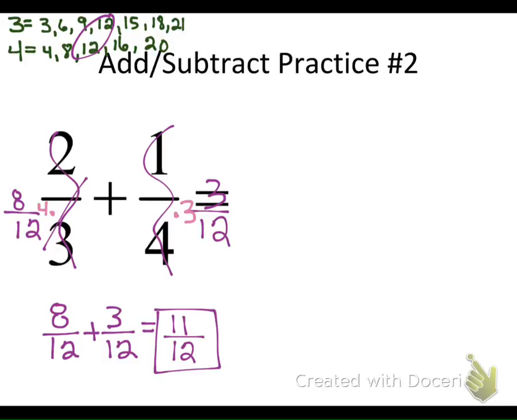What kind of number is 11? It's an odd number. What's it? Prime number? Yeah, it's a prime number. 11 can't be divided by anything besides 1 and 11 itself. So if you see a prime number, you know more than likely you're not going to be able to reduce. Unless